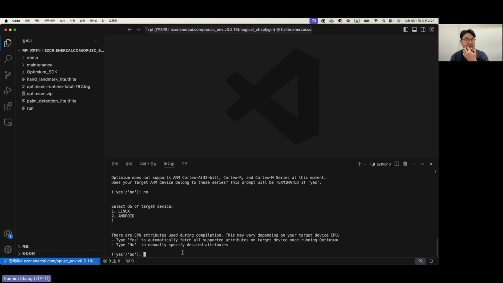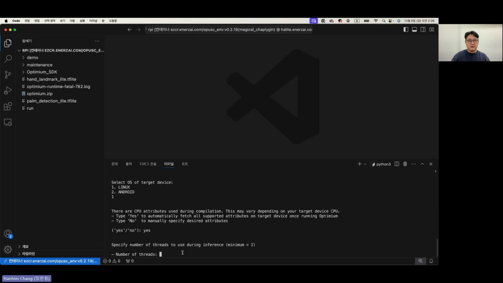Then the prompt asks if you would like the Optimium runtime to automatically fetch the CPU attributes such as NEON, which our Optimium runtime successfully collects. You could also manually specify the desired attributes, but in this case we recommend typing yes for the runtime to automatically do the process. We have to specify the number of threads to use for inference. This means the optimized output model will be using 2 threads here.